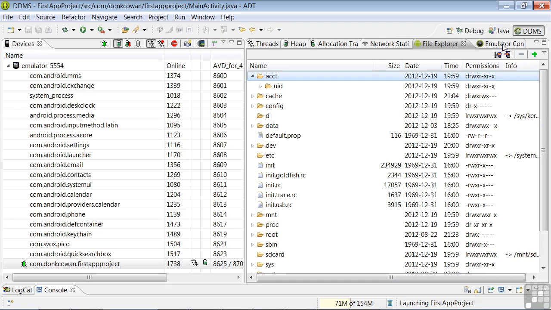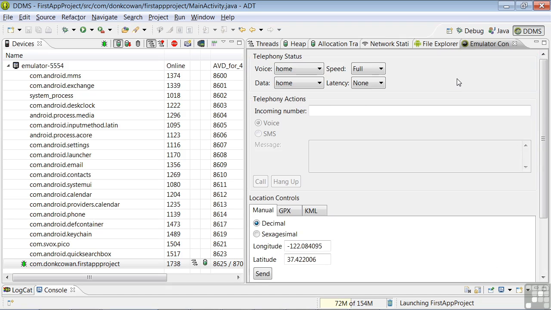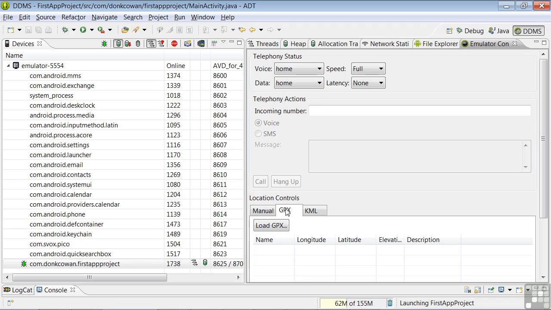The Emulator Controls window is useful if we're using the emulator and want to simulate telephony and/or location controls. The GPX is a GPS or Global Positioning System exchange file, and KML is a keyhole markup language file. A keyhole markup language is an XML notation for expressing geographic annotation and visualization with internet-based 2- and 3-dimensional maps on Earth browsers. GPX and KML are used for mockups of location data in testing apps that use functions such